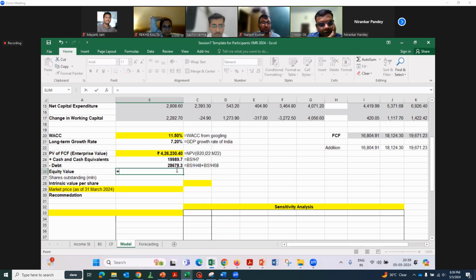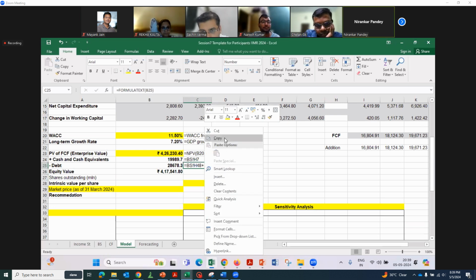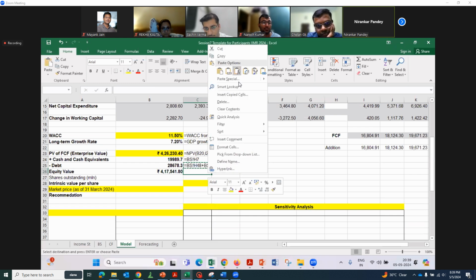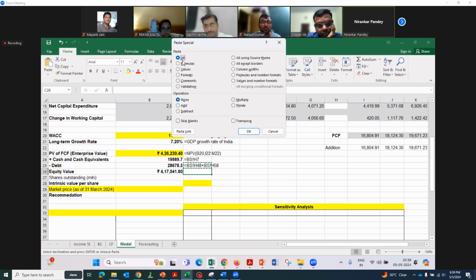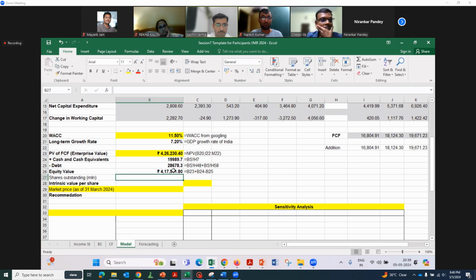Can you now compute equity value? Done. How many shares are outstanding?